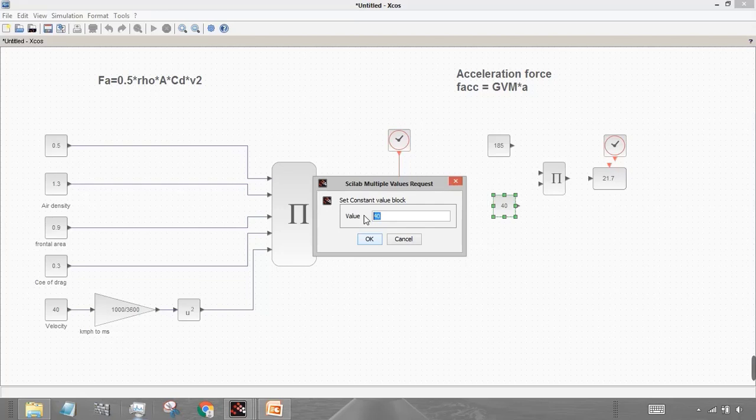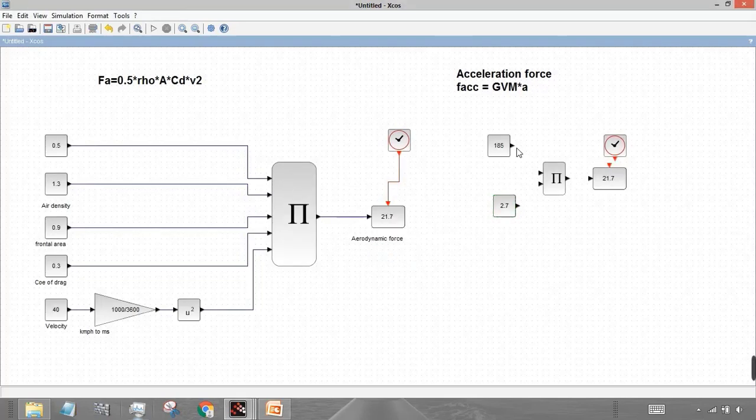So if we assume that the vehicle is having a velocity of 11.1 meter per second and it reaches 0 to 40 kmph in 4 seconds, the acceleration will be velocity divided by time. So 11.11 divided by 4, which is 2.7 meter per second square. So 2.7 will be our acceleration.